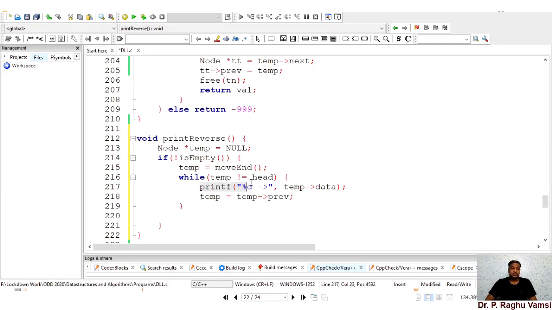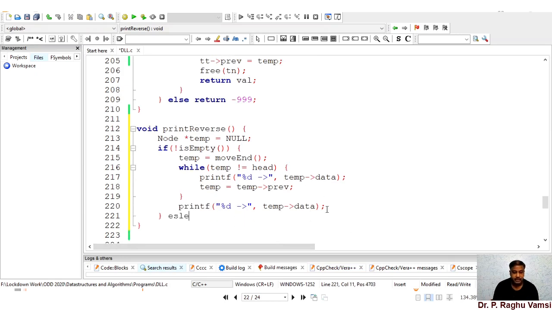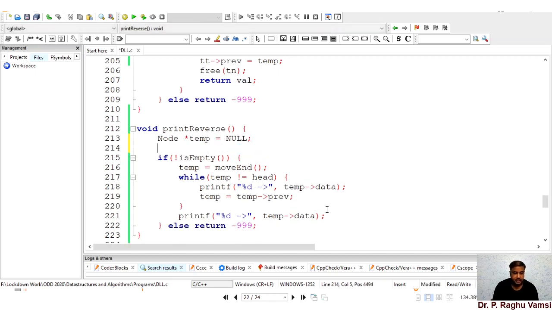So I will write the printf statement again here, so that the head data will be printed. Else, you are aware of return -99. This is the error code. To have the output in a neat manner, printf \n. It will print the content on a new line.